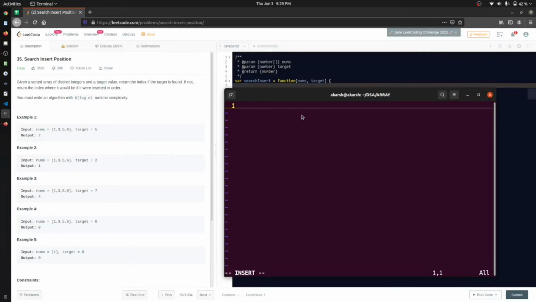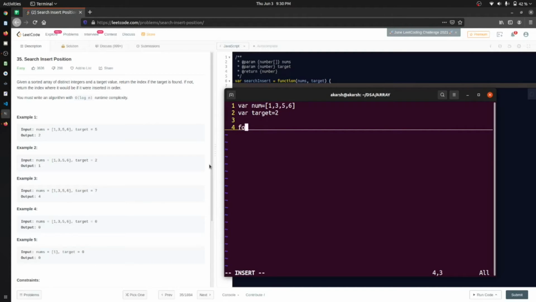Let's say that we are given nums as an array, the array 1, 3, 5, 6, and let's say that we have a target which is 2. So we have to find this element.